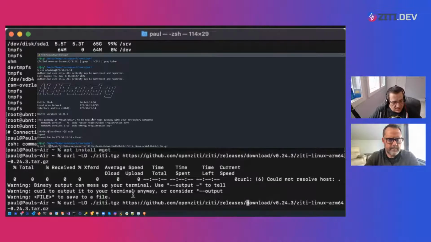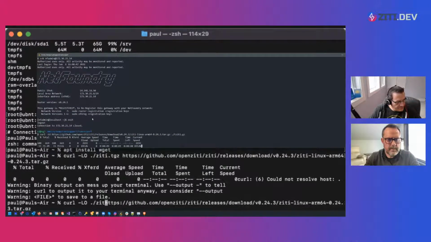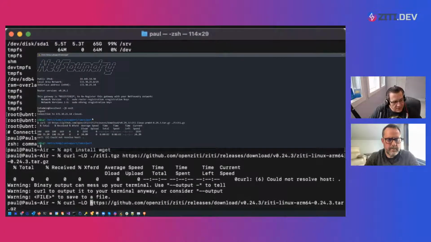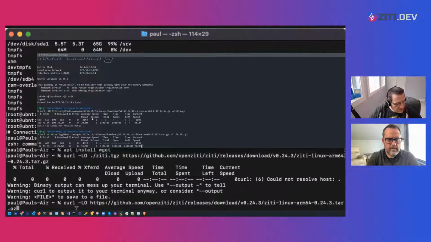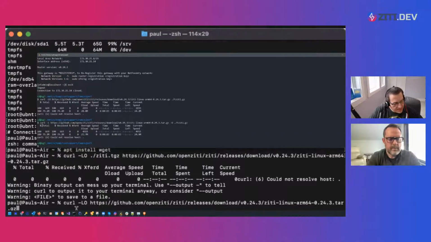Curl dash lo, the file path needs to come right after. Is it one of these -O's over here? That's what it is. No, it's still. Why is it saying that? It downloads the whole entire thing and then says